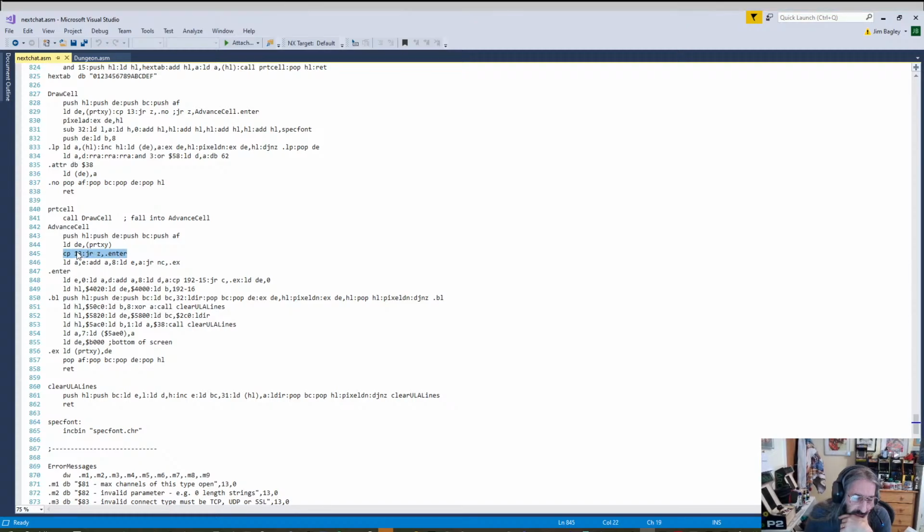So if it's 13Z, go to enter, otherwise just add 8 to E, so eight pixels to the X position, and if there's no carry, then it means it's still on the same line. So goes to EX, which stores the new position, pops the registers, and returns. Otherwise, the enter